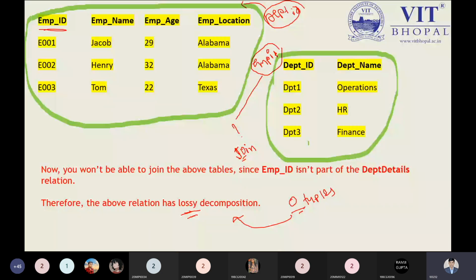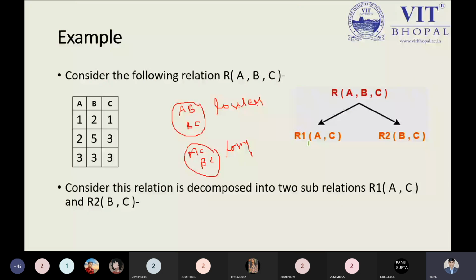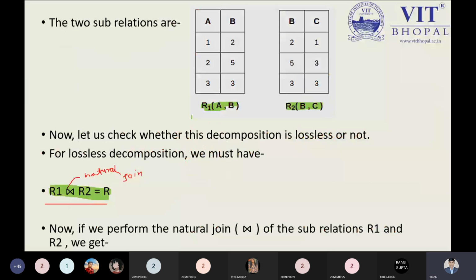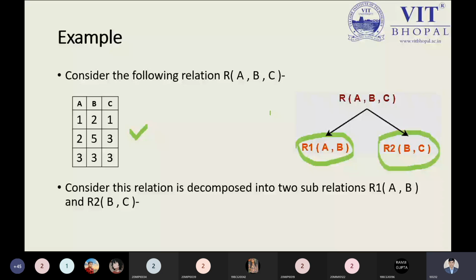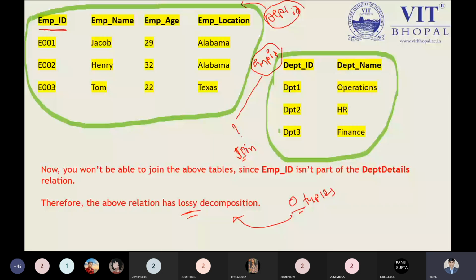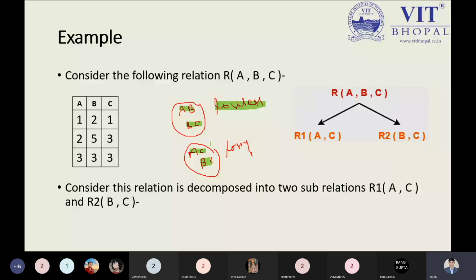Let me explain a different example for your betterment. In this example, you have seen A, B, and B, C. A, B and B, C we have chosen for the lossless decomposition. So focus on my statement. In the lossless decomposition, we have selected R1 as A, B and R2 as B and C. While talking about the lossy decomposition, we are choosing A, C and B, C. Means the A and C attributes and the B and C attributes as R1 and R2 respectively. These are the sub relations.